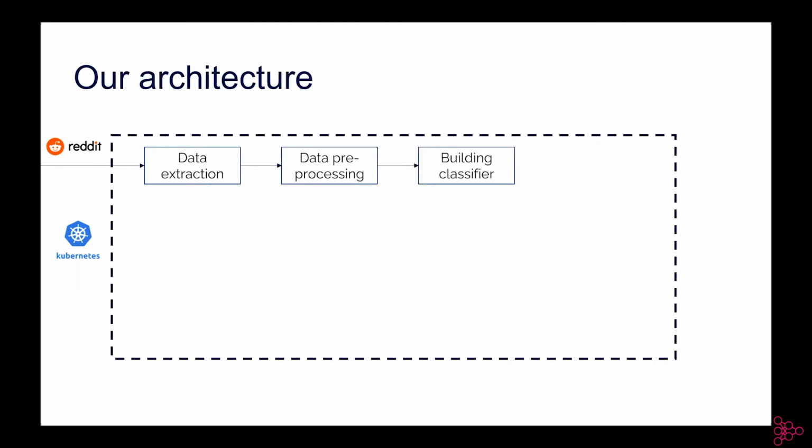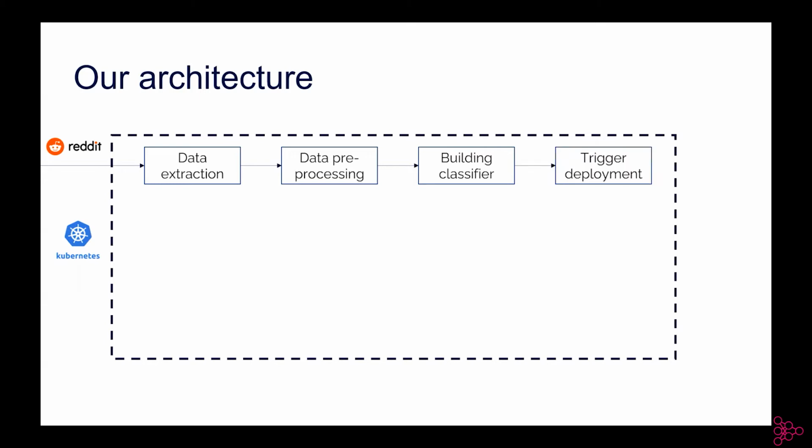We have our Reddit feed. Basically, inside our pipeline, we have a data extraction tool. Here, obviously, for demo purposes, we relied on a stored CSV, but knowing that I use environment variables, we just change the environment variable and it will potentially point somewhere else, that can be a live feed or so on. Then after that we have the data pre-processing, then we have our classifier building.